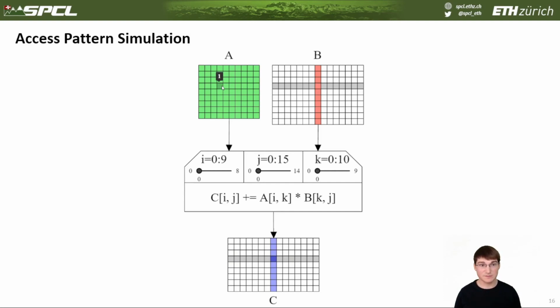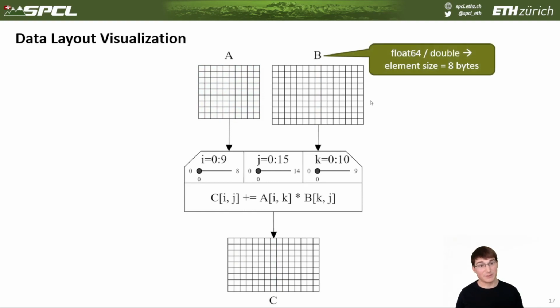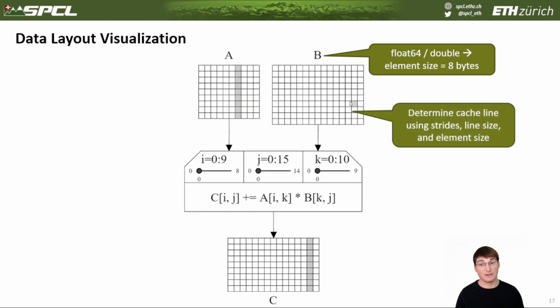Now, knowing the access pattern is part of the story to analyze spatial locality, but the other thing we need is to know how the data is actually laid out in memory. And we can derive this information by looking at the element size for each of the data containers, and then combining this with the size of a cache line and the strides given for each data container. What this allows us to do is, if the user specifies a given data element, we can derive the exact other data elements that belong to the same cache line and will be pulled into cache alongside that element,